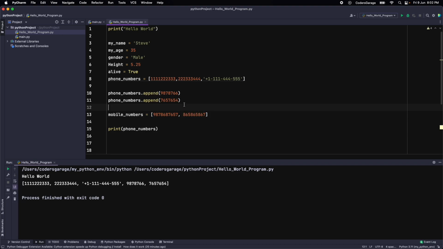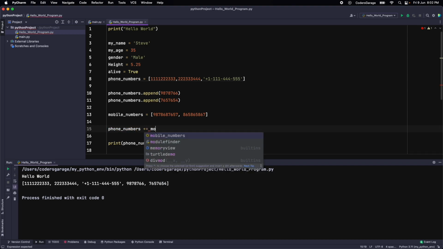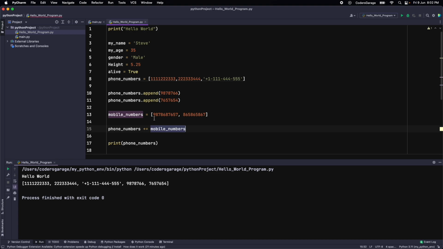And I want to combine these 2 lists. All I have to do is just take this, and I have 2 ways to do it. I can say plus equal to mobile numbers,